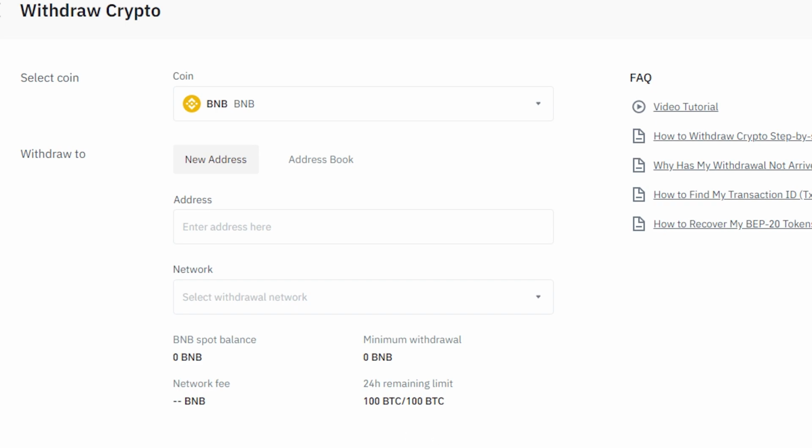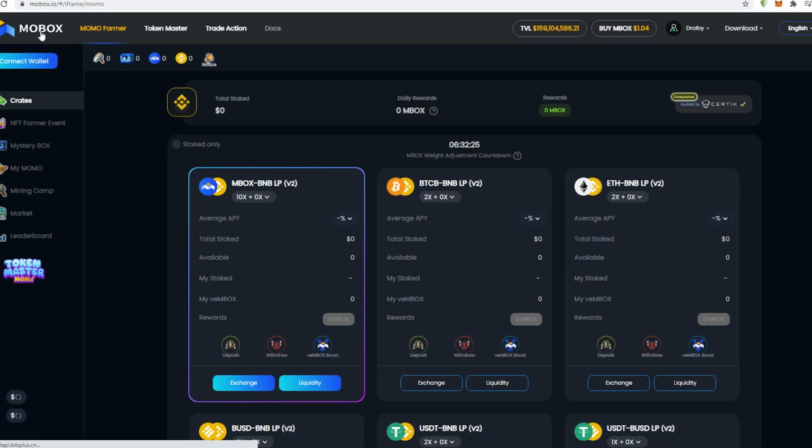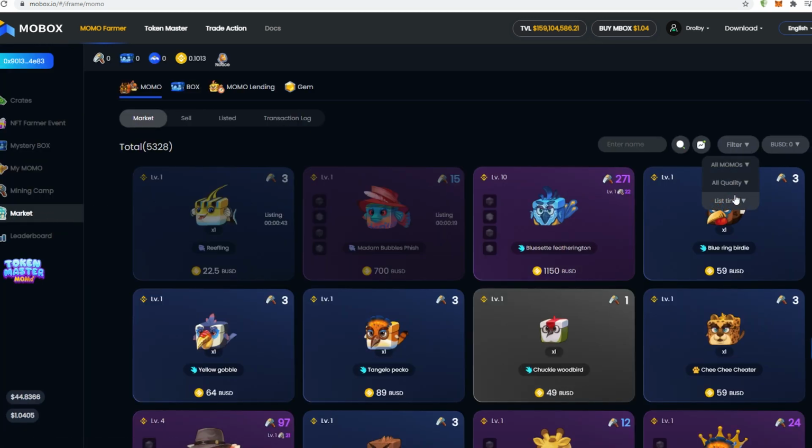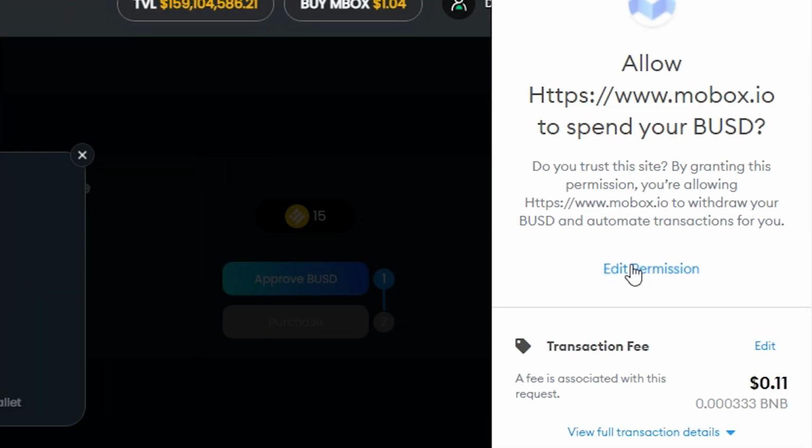Of course it's going to ask me for some data, my phone and my email, so I get a code. Withdraw is done, and now I just need to wait. So on my MetaMask I got my BNB, and now I'm going to MOBOX, I'm going to the market, I'm going for the cheapest one, and I want to buy, for example, this one. So I go approve,